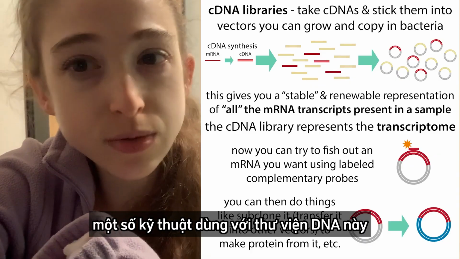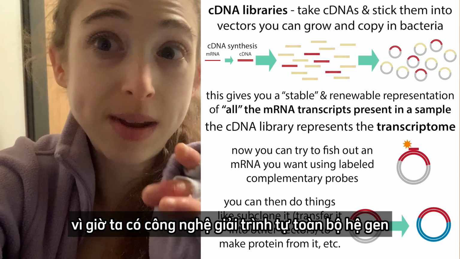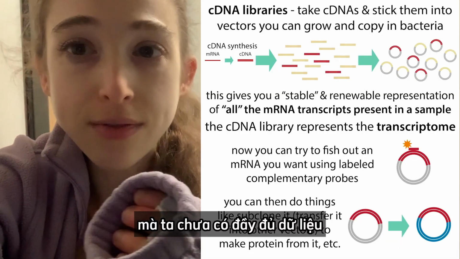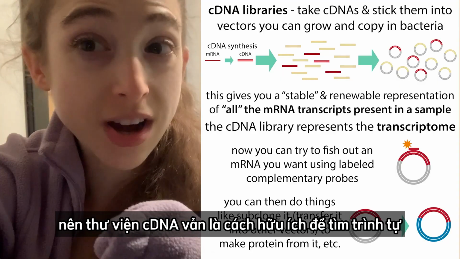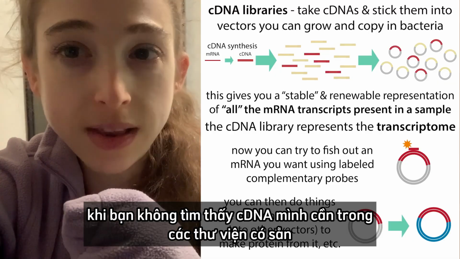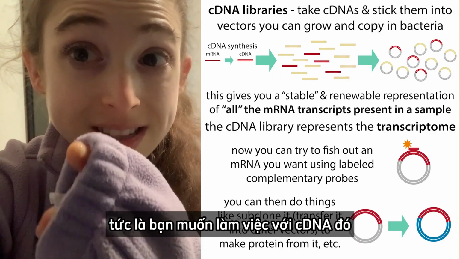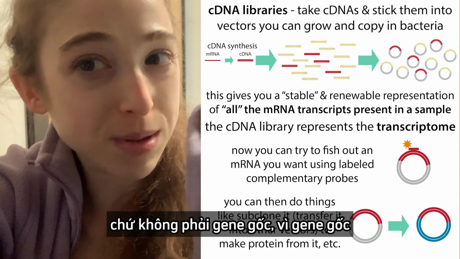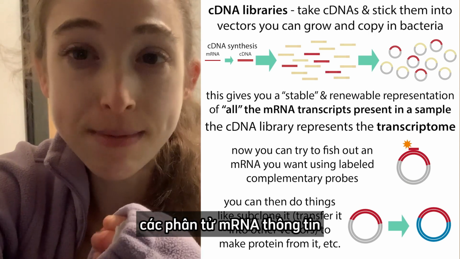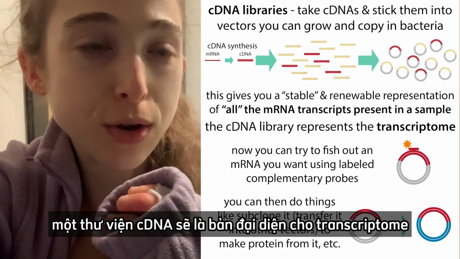Some of these techniques that are used with these cDNA libraries have been superseded by more recent methods now that we have whole genome sequencing and things like this, but there are still species and samples where you don't have all that information, and so this provides a way you can fish out that sequence. It also provides a way if you can't find the cDNA you're looking for in some sort of library like Addgene or DNASU when you want to work with that cDNA, not the gene, because the gene would have all the introns and stuff, whereas the cDNA is just representing the transcripts, the messenger RNAs. So a cDNA library is going to be a representation of the transcriptome, or all the transcripts